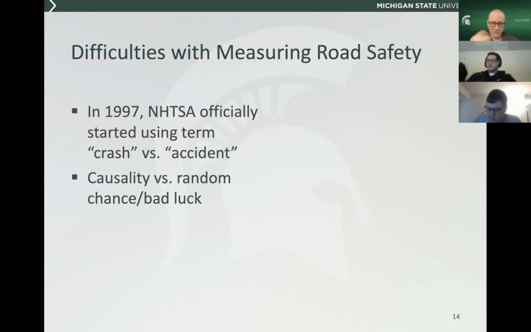Now, there are some cases where something could fall off of the bed of a truck, or a deer could run out into the road. And in a lot of those cases, you could largely make the argument that it's an accident. But if we drill down deeper, if the driver was paying more attention, maybe they could have stopped to avoid the deer. Maybe there are other things that could have been done there.